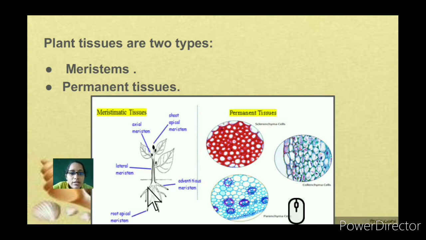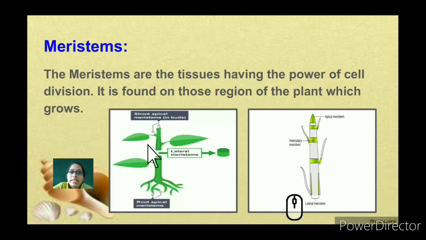As the root advances towards the stem, in the formation of the stem there is the adventitious meristem, and you can see the upward growth of the stem forms the lateral meristem. You can see the formation of buds, shoots, etc. There is the axillary meristem, and the shoot, that is the tip of the stem, is known as shoot apical meristem. So let's understand what meristems are.